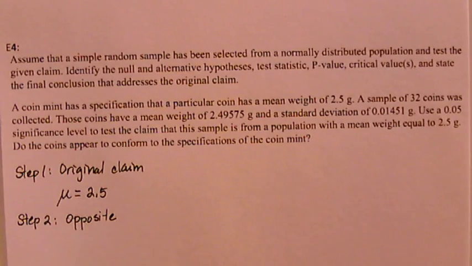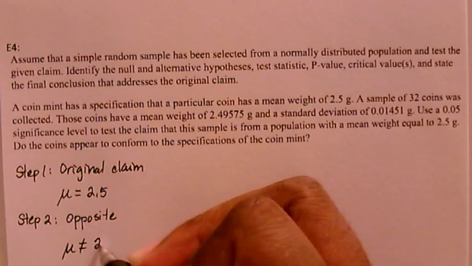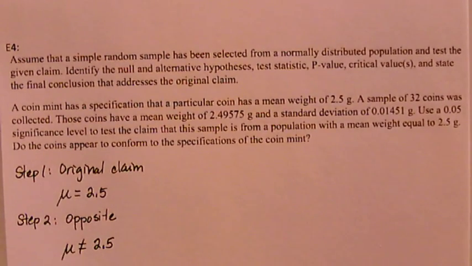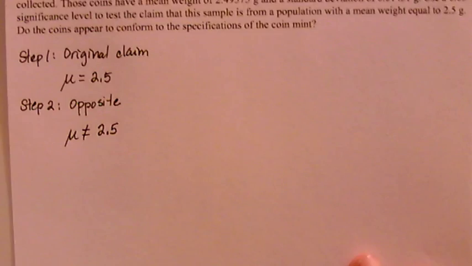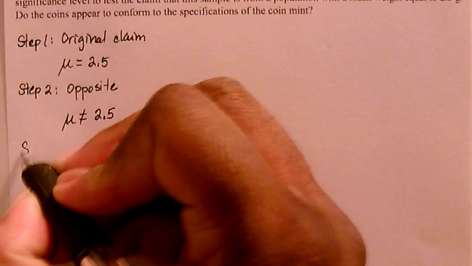Well, the opposite of equal to has to be not equal to. So mu is not equal to 2.5 represents the opposite of the original claim. And from that, we can come up with our null and alternative hypothesis. So step number 3,